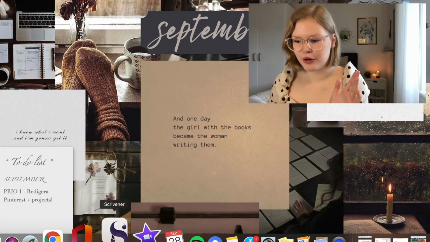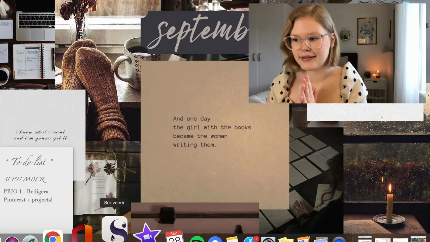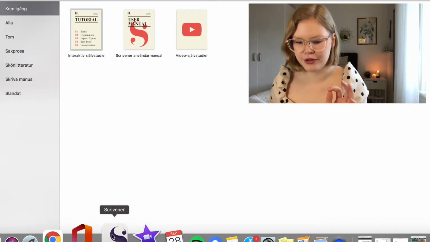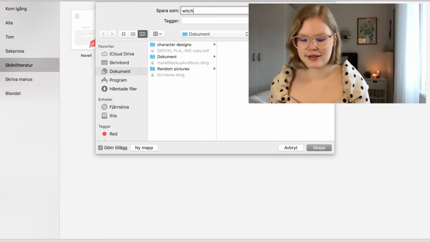So I am screen recording my whole screen right now and I am going to go into Scrivener. I haven't really been into Scrivener since I finished my last project. So this will be interesting. What are we going to call this? Witchy